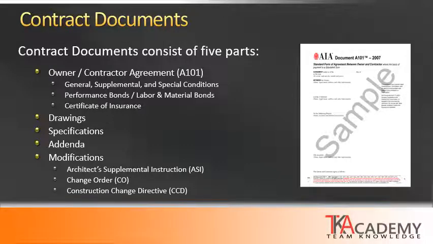Addenda, which is often also called bid addenda. This is when the contract is bidding. Any additional information, whether it's questions that are being asked during the bidding process, or corrections, or sometimes even additional work, things that were not completed at the time when the project went out to bid. This is published by the architect as a bid addenda.